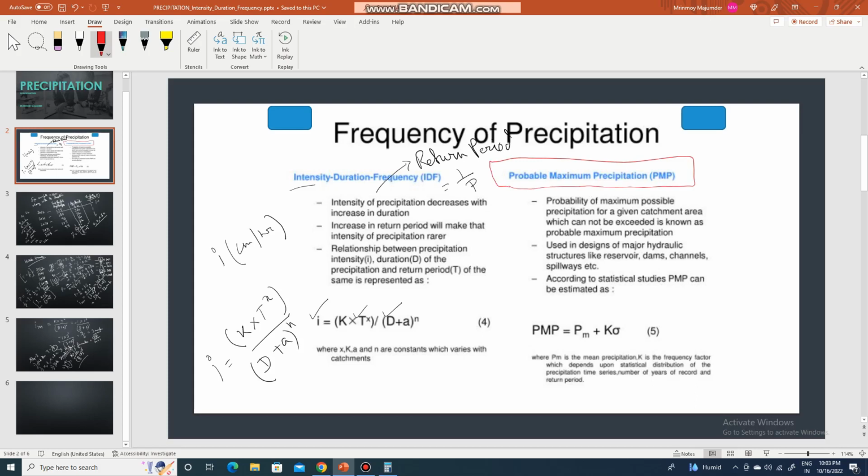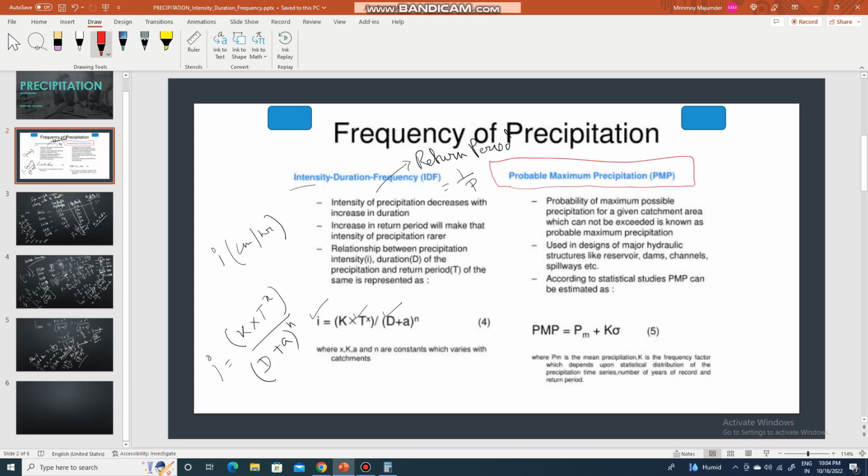Now this is nothing but the probability of the maximum possible precipitation for a given catchment area which cannot be exceeded. That means it is a rainfall which doesn't have an exceedance probability. That means that rainfall cannot be overtaken by other rainfall. So if you find the probability of that rainfall, of course for a given duration and given catchment area, then